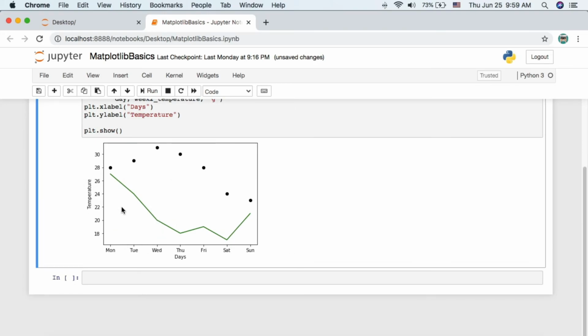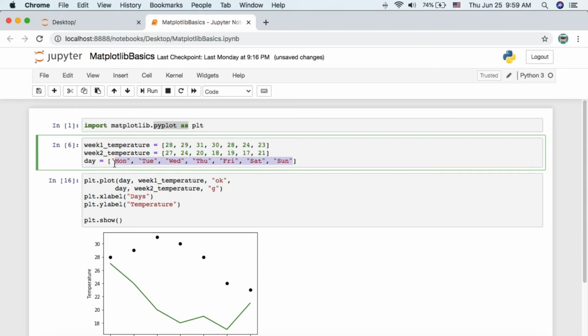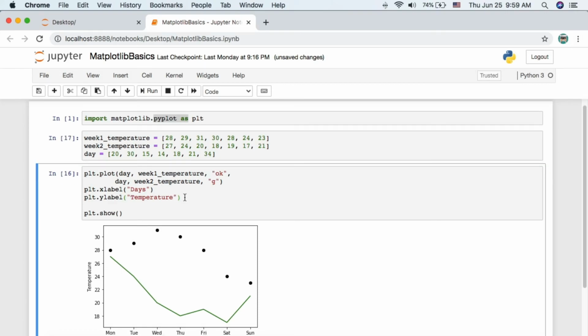So we can't actually use this function if we have strings for one of them. So I'm actually going to change these strings to integers over here. I'm just going to do some random ones. 20, 30, 15, 14, 18, 21, and lastly 34. So to do that, right after the temperature, so actually we run this, shift enter, and then